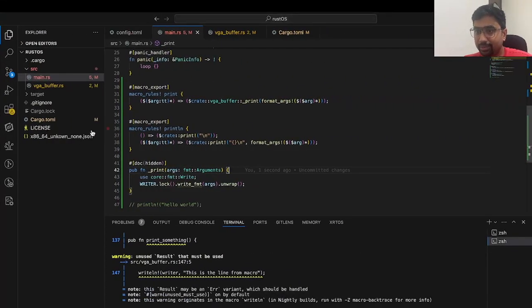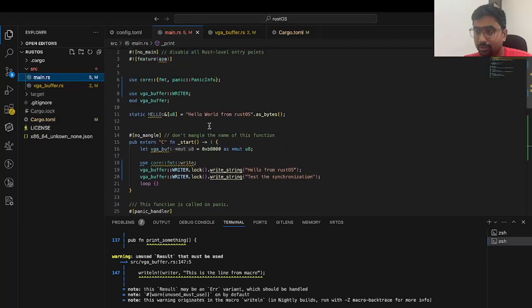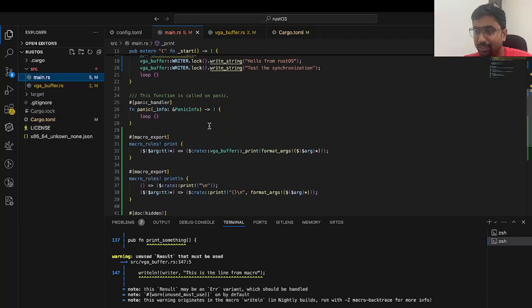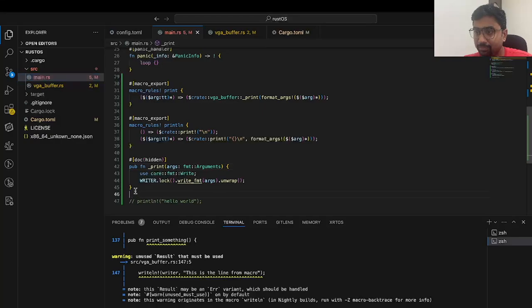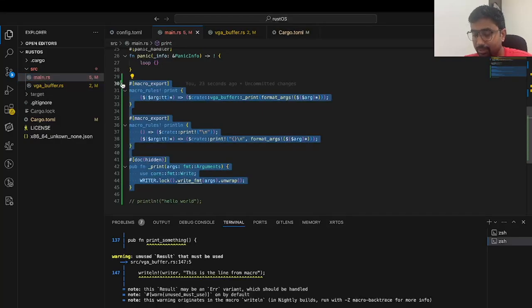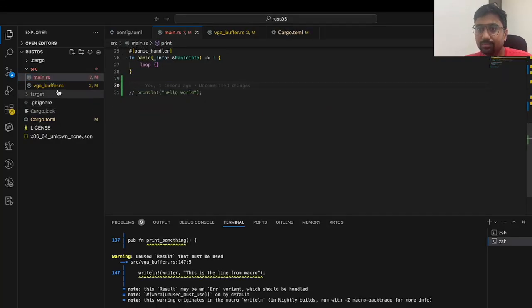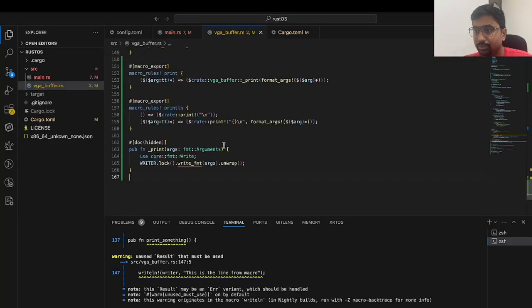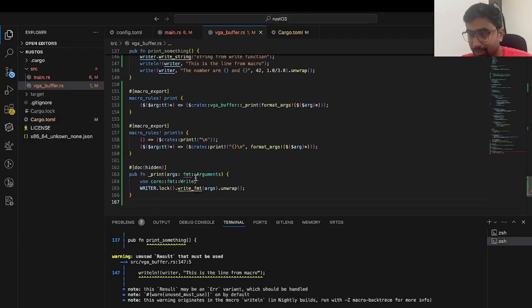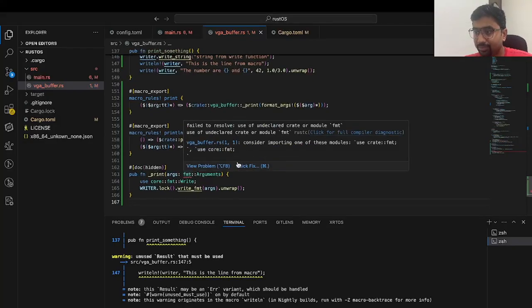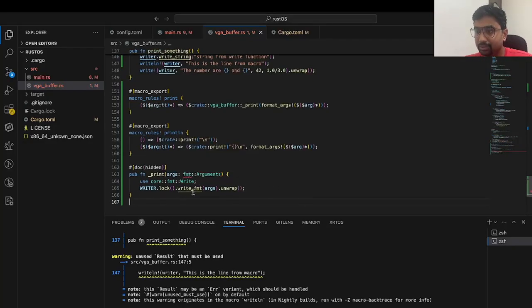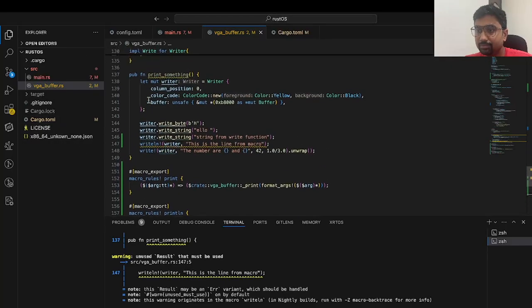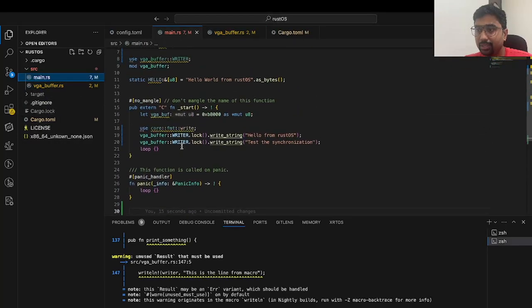So let's go back and get rid of everything from the main function. Oh, I think we have added it in the wrong place. This is the main function. We will just cut this and add everything in the VGA buffer, so that all the things related to the print things will be in the VGA buffer. Yeah, this is fixed. And from the main.rs we are just going to call